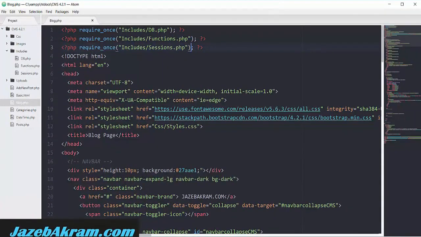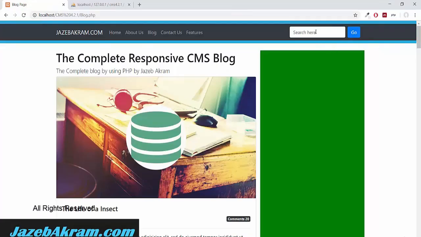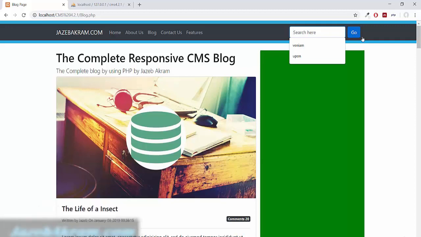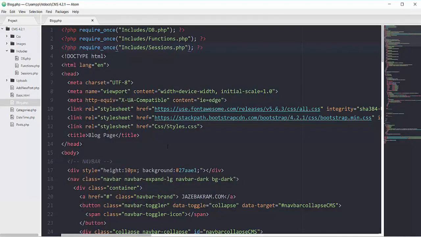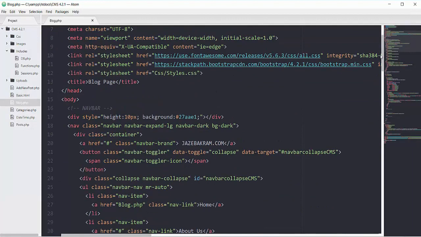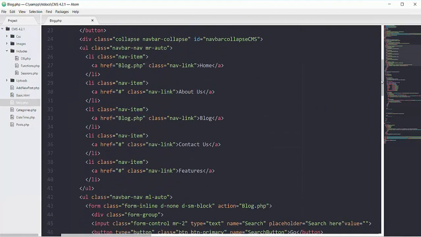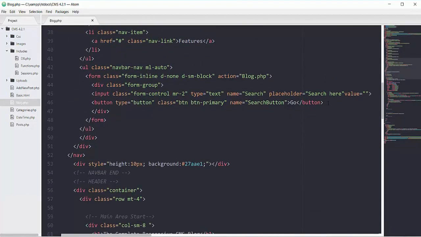our search button. You can see this button right here. So you will type something here in this field and then you will click on this go button. So we have to get first this search button. So we will say that if this button is clicked, means if this button is set, we have to go to this button. I will show the basic demonstration near the button and then we will put that code or demonstration in our actual PHP place.